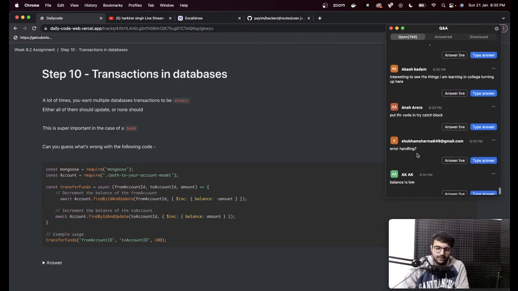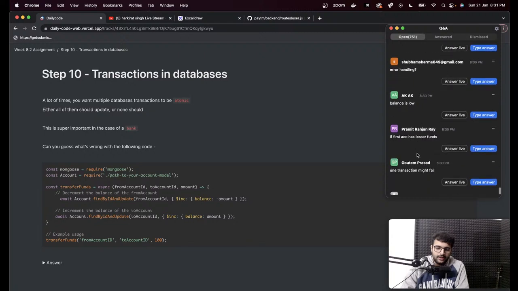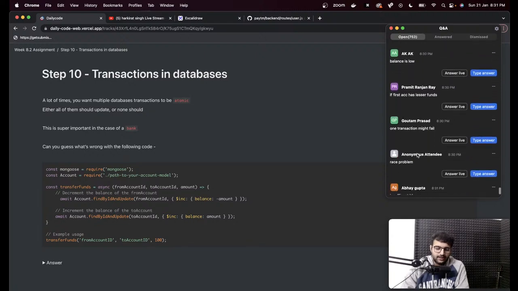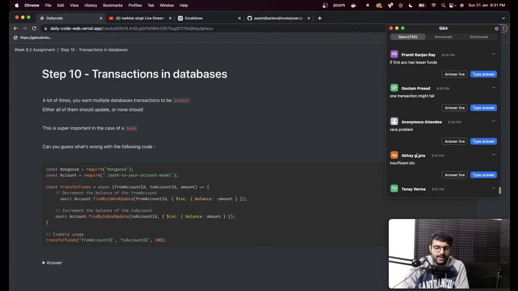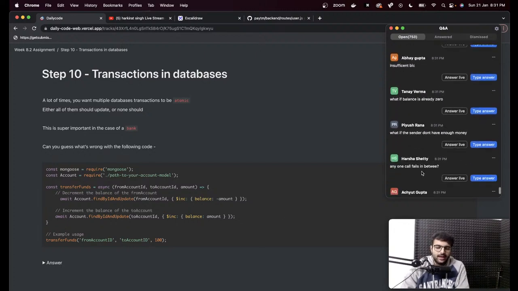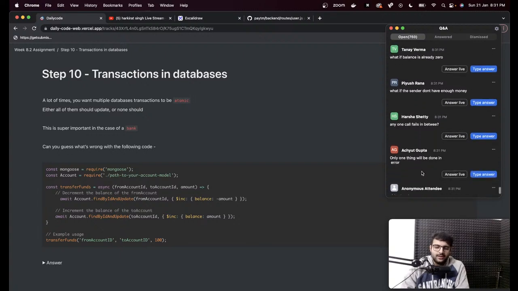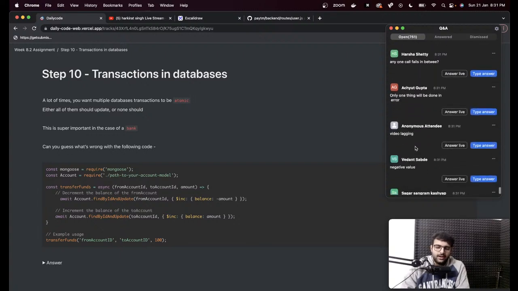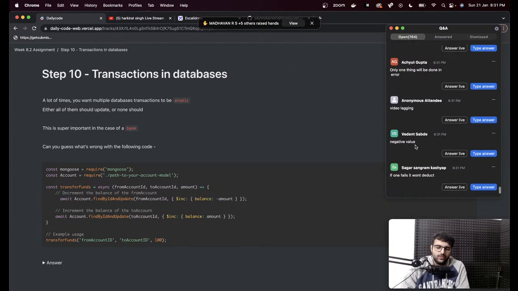Commit and rollback sounds like error handling. One transaction might fail. Race problem is also something. Insufficient balance is also something, right? Which is something this guy does not check. Yeah, balance is already 0 is a good thing. Any one call fails in between is a good thing. Only one thing,